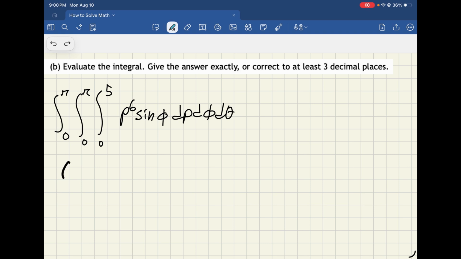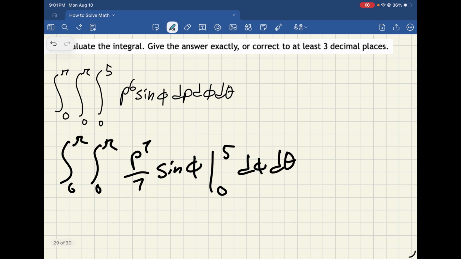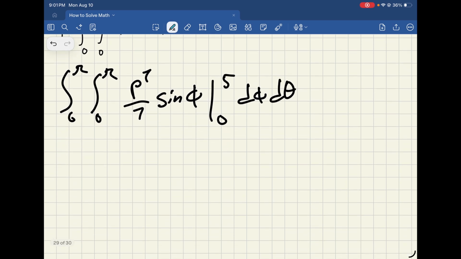So let's go ahead and solve this integral. I have 0 to pi, 0 to pi, and then rho to the power 7 divided by 7 sine phi from 0 to 5 d rho d theta. This right here, when we plug in 5, it will give us, and I don't have this in the top of my head, so my calculator gave me 78,125. So this will be 0 to pi, 0 to pi,